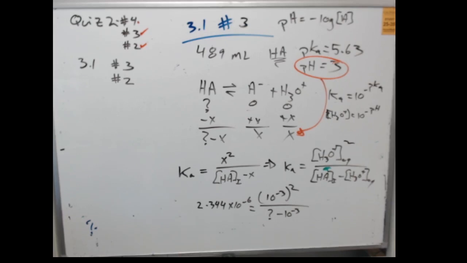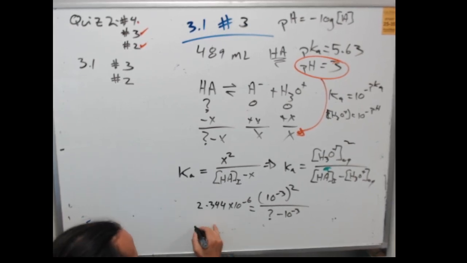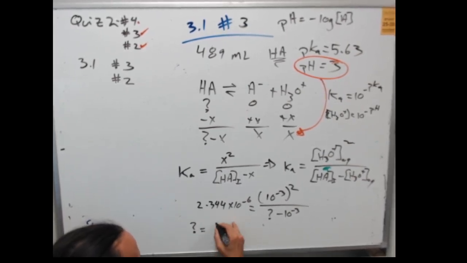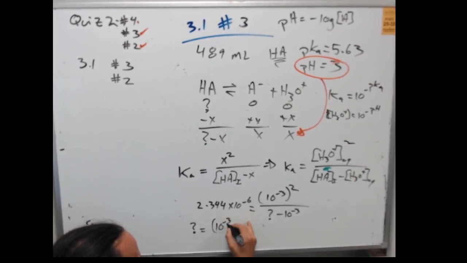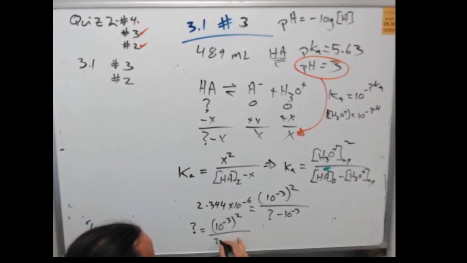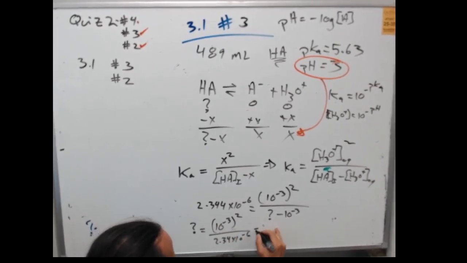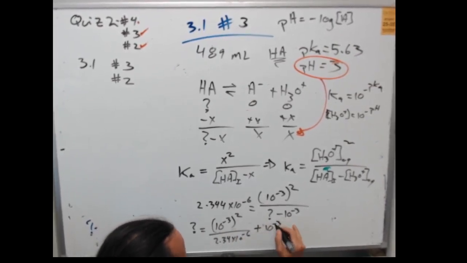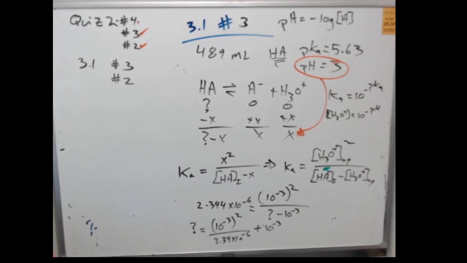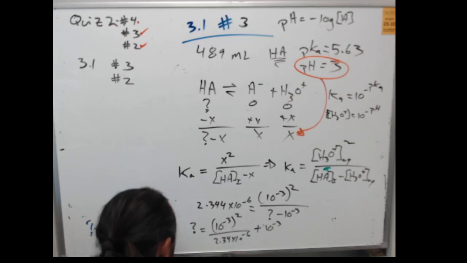Do the same math arrangement that I did last time. So I have question mark is equal to 10 to the minus 3 squared divided by 2.34 times 10 to the minus 6 plus 10 to the minus 3. That's just the way I like to rearrange the algebra because it's easier for me to punch it in my calculator when I do that. Inverse times 1 times 10 to the minus 6 is that, plus 1 times 10 to the minus 3, and I get